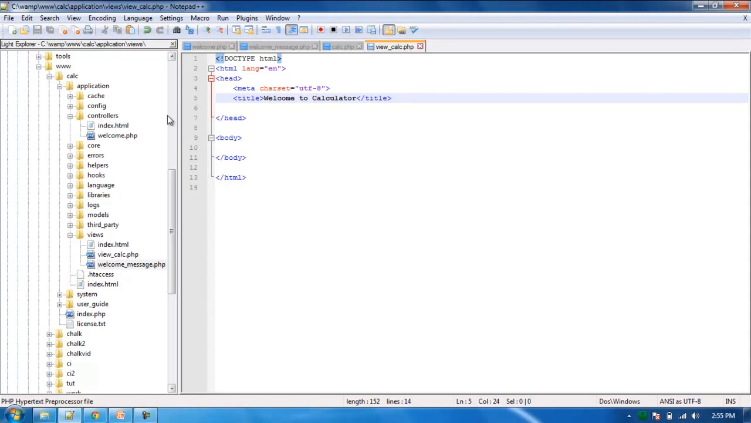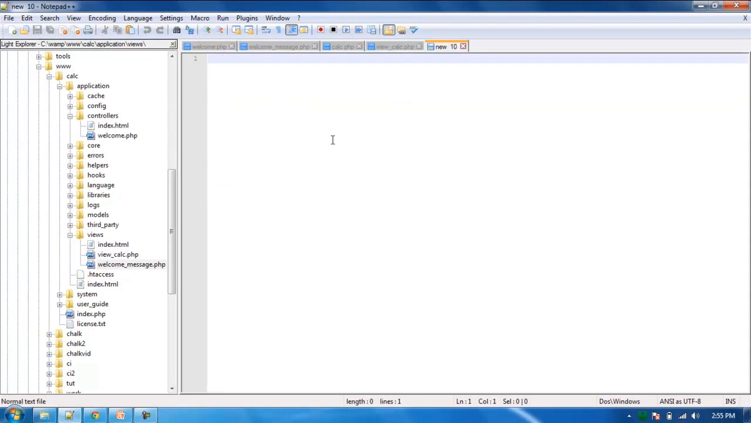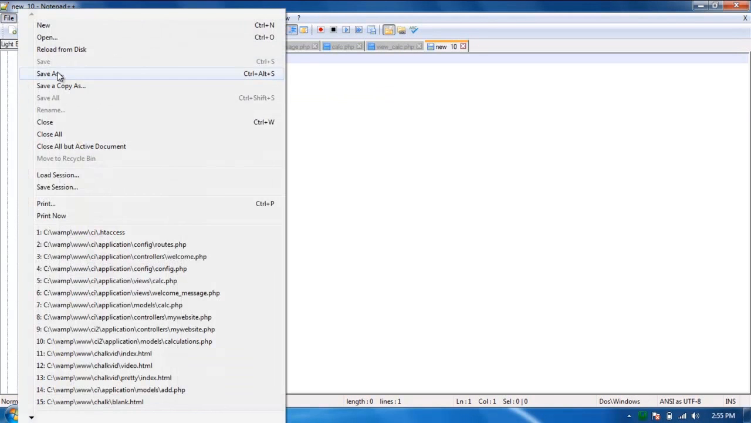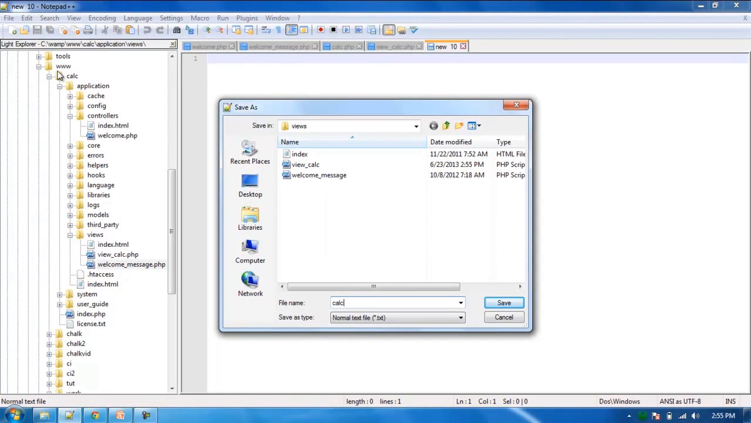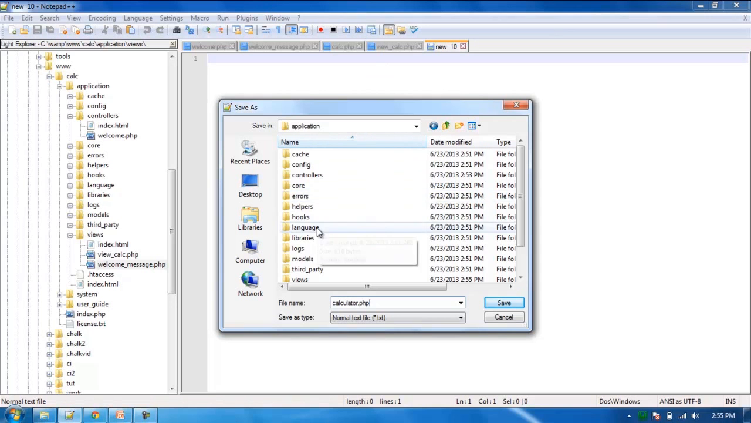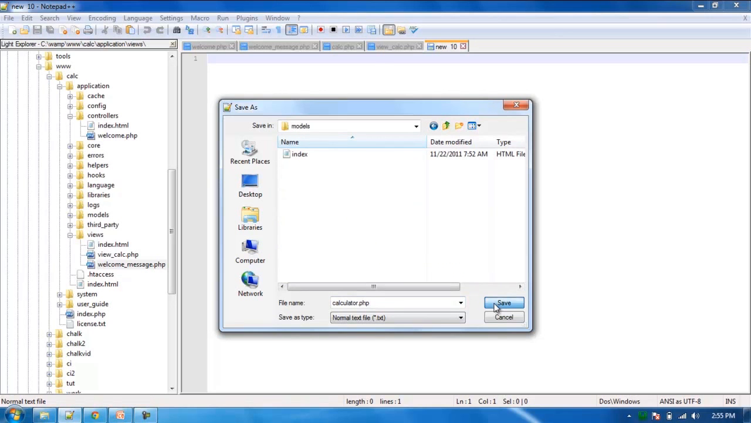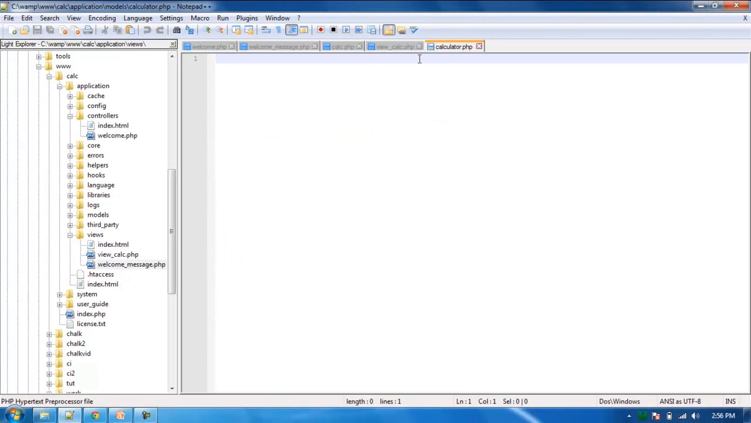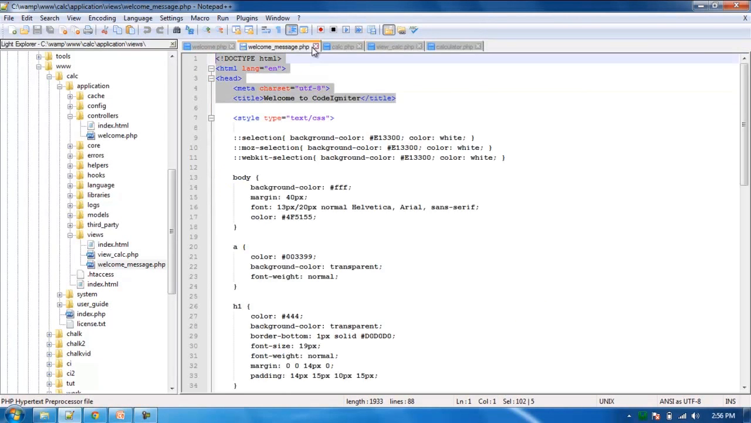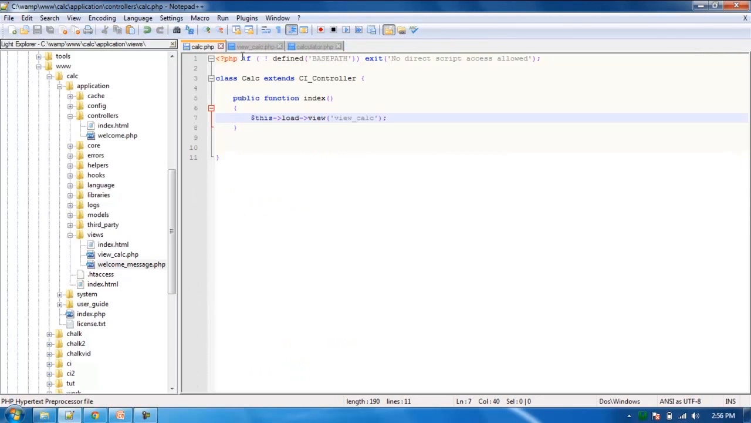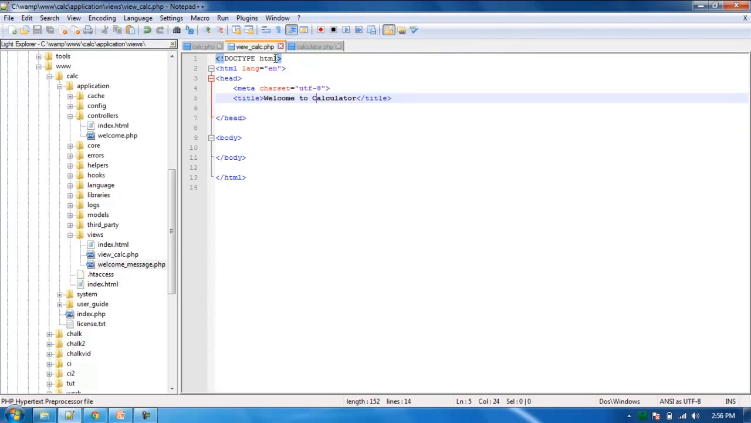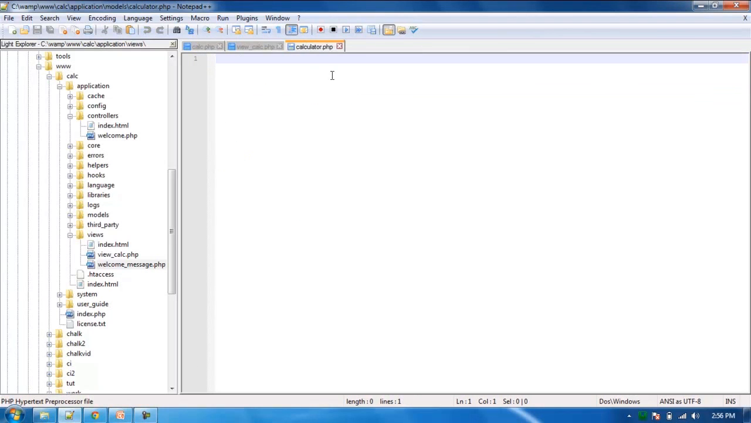We need a model for this, and we can do this by creating a model class. We'll name it calculator.php and save it under the models directory. There you go. Let's close the other things. We don't need this, we don't need this. So now we have calc.php as a controller, we have view_calc as the view file, and we have the model calculator.php. So let's start with the model,